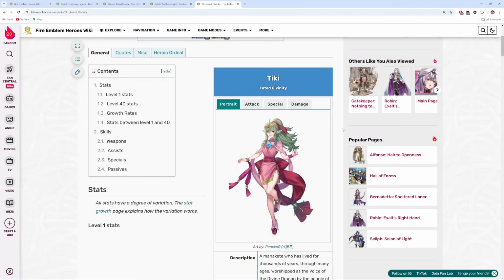CYL5 had Gatekeeper. He definitely won his refine batch. And then finally, CYL6, Tiki is the bait unit. So I have a good feeling she's going to win. And also because she was underpowered on release, they're going to want to give her a little bit more